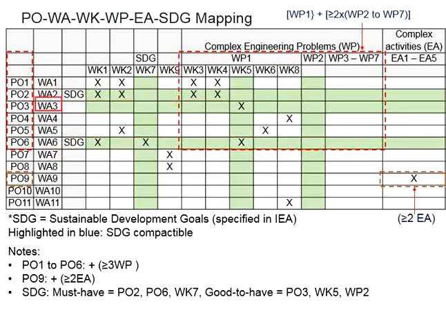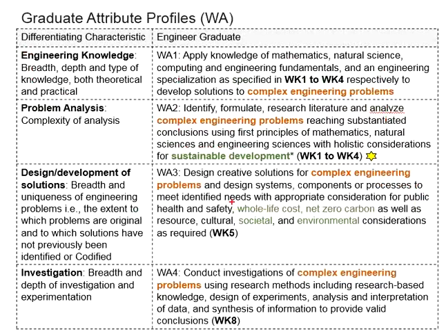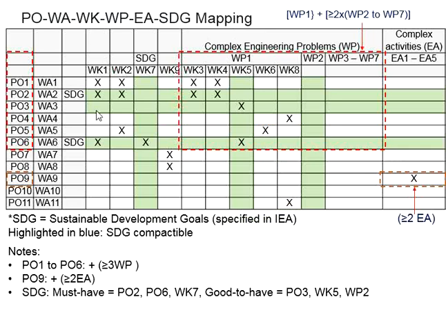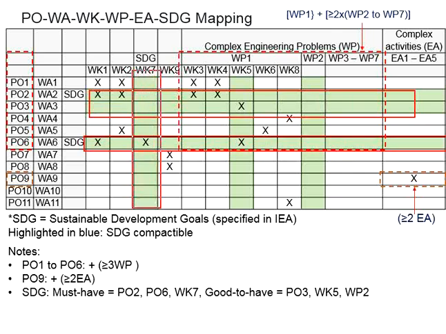How about WA3? If you want to consider this as a part of SDG, now when you encounter WA3, all this should be SDG. Now what will happen? All the cells highlighted in green here will have SDG,